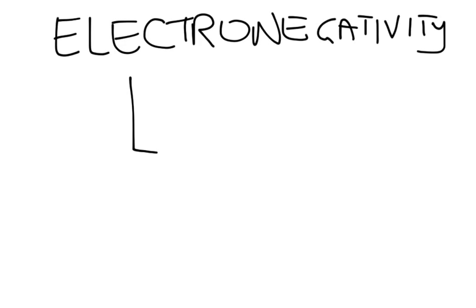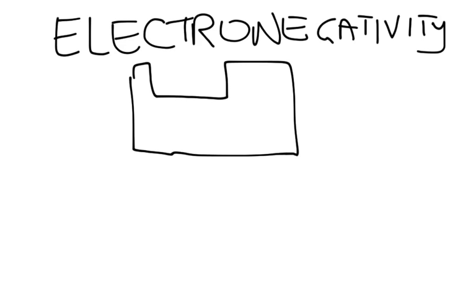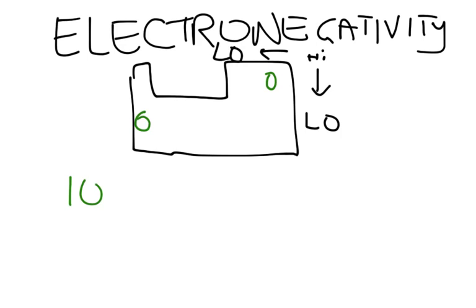We talked about your periodic table. Let's see if I can draw a little one here. Okay, and we talked about the trend, where we have high electronegativity down to low and high down to low. Has to do with size, has to do with shielding, all that good stuff. We also talked about how things over here and things over here have very large electronegativity differences, and they form